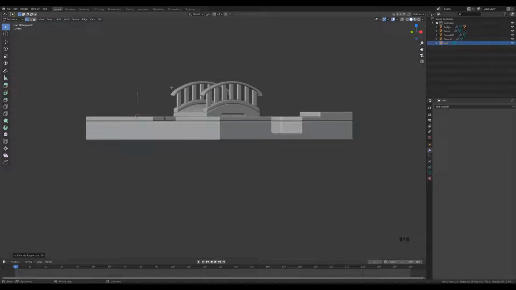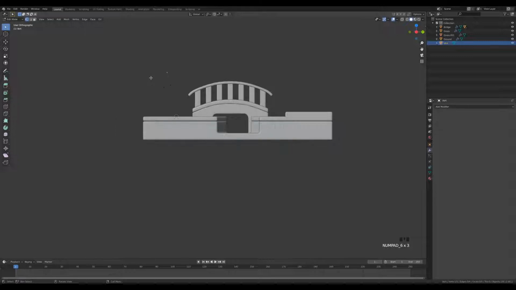So we are basically now looking from, I think, a 30-degree angle. And we can start extruding our branch, and we'll use the shortcut Control right click that we used on the bridge as well. So let's just click right here. So Control right click here and here as well. Now select this vertex with the left mouse button and extrude one more time right here. So this will be our first branch,